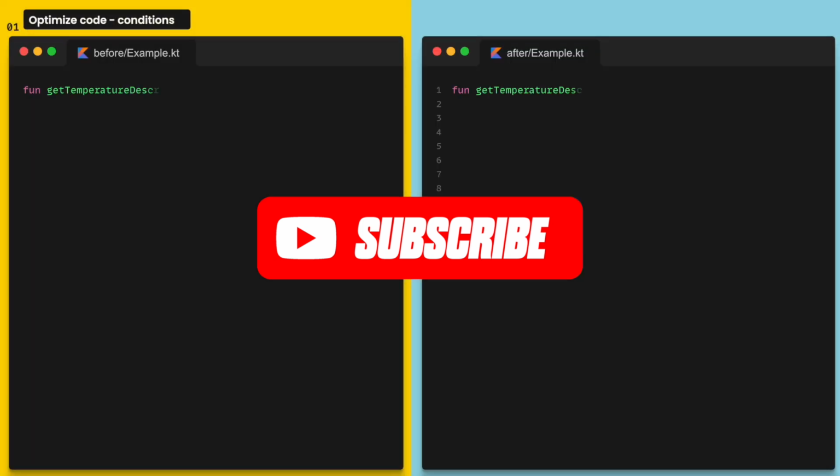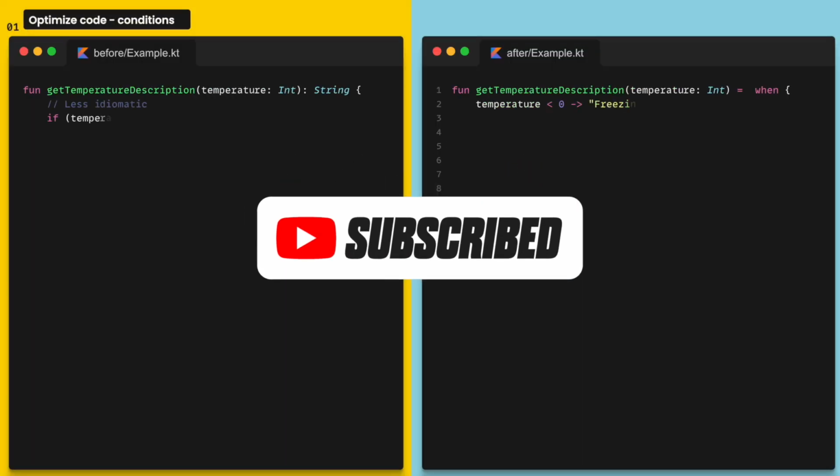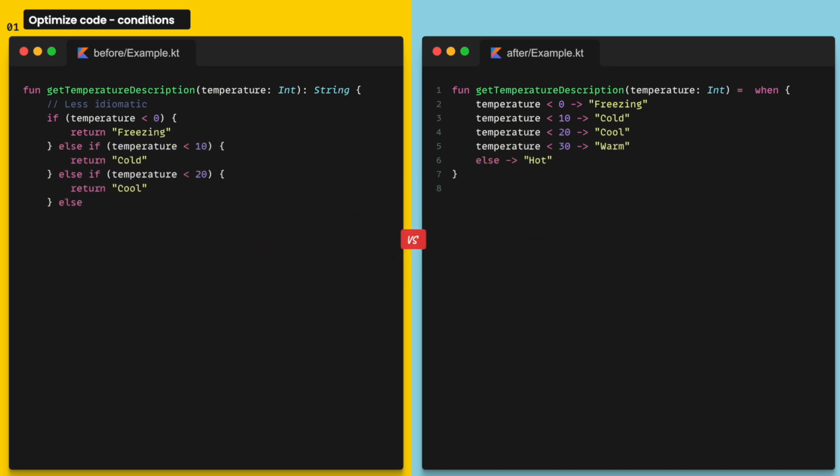The code on the left works just fine to get a temperature description based on the current temperature, but it's verbose, and the repeated structure makes the logic harder to scan and maintain. The version on the right is much cleaner. No return keywords, no curly braces, reads almost like a rulebook. This small change doesn't just reduce lines of code, it boosts readability, testability, and helps future developers instantly grasp the